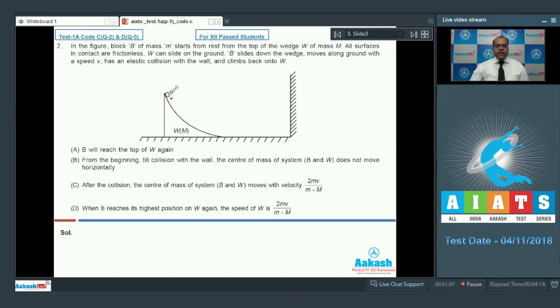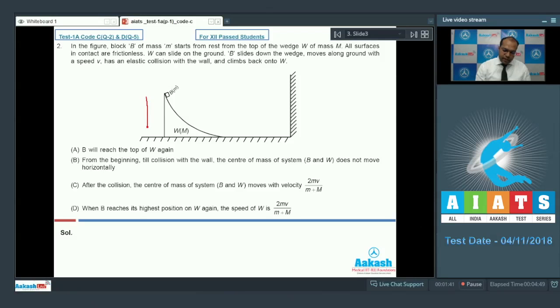So if that is the case, we can say that when this block of mass M moves downward, the center of mass of the combined system will move in the vertical direction, and there is no motion of the center of mass in the horizontal direction, as there is no external force acting on the system in the horizontal direction. So we can see that, suppose this is the position at t equal to 0,